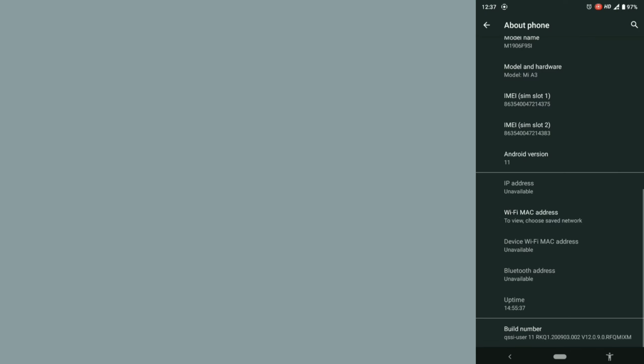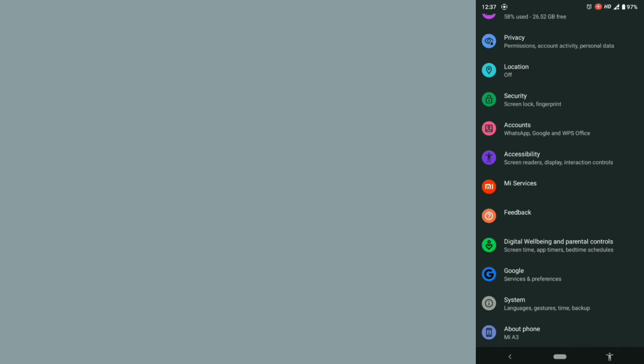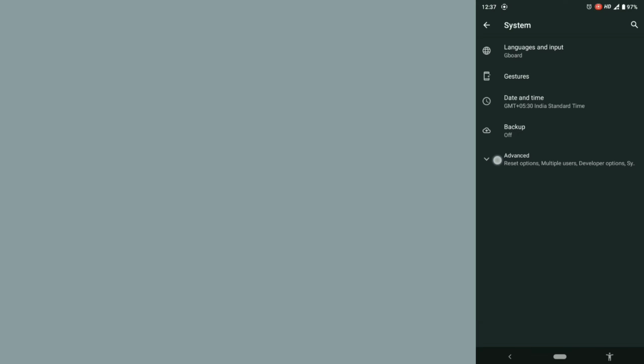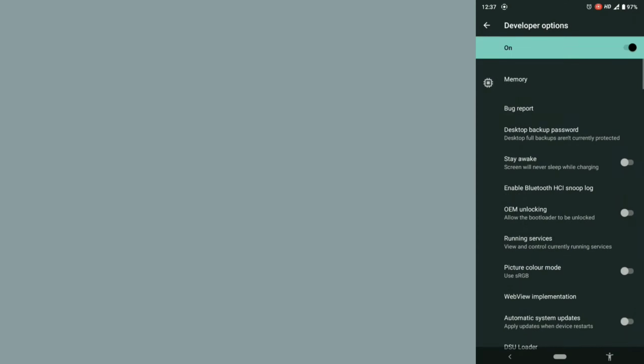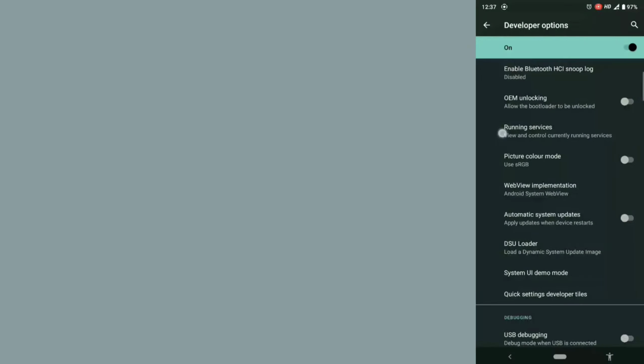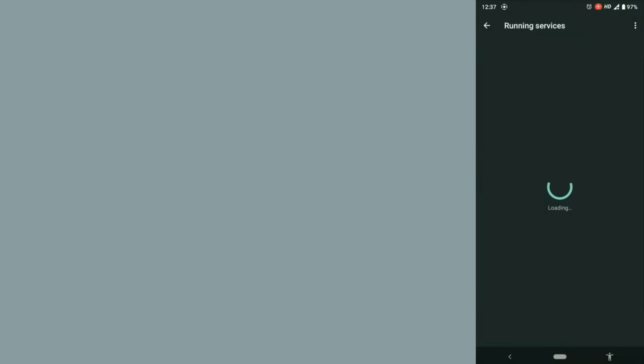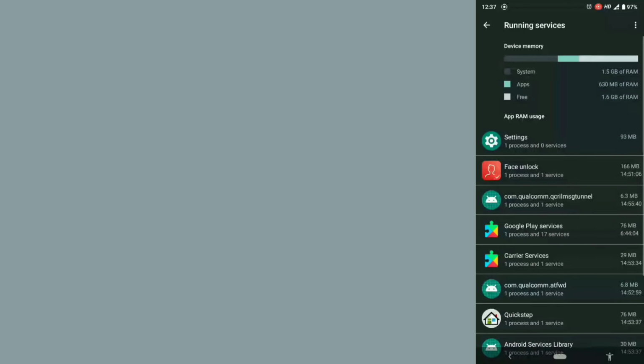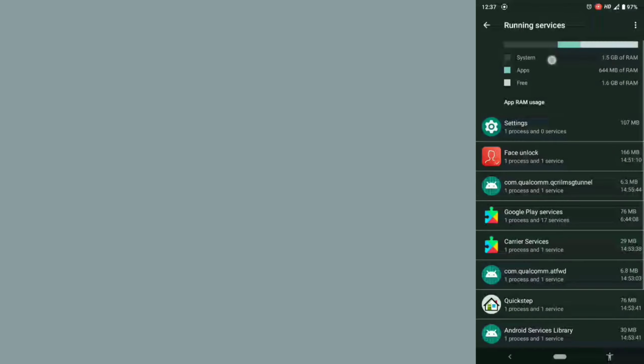So after enabling the developer option, you have to go to the developer option, and in my mobile phone this developer option is inside the settings. So open the settings and click on advanced, and here I am getting this developer option, and inside the developer option, you have to go to running services. Just open this running services, and here the first option where I am clicking, the system is written.